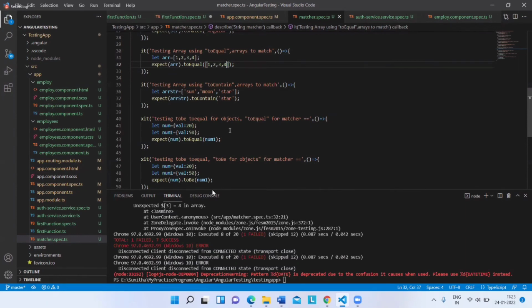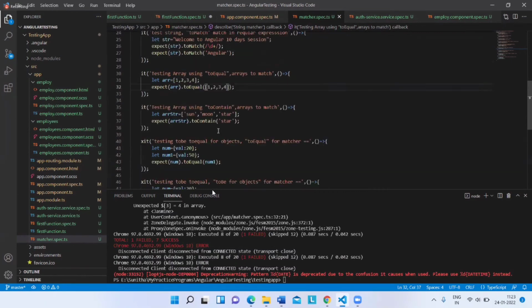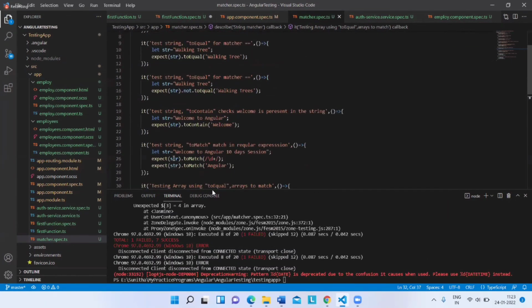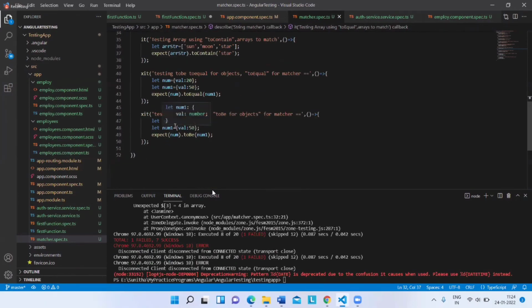So then the next part of it, now you can just check here. This is for toBe. Now what I want to do is ignore one particular test case in this. How many test cases are there? 1, 2, 3, 4, 5, 6, 7, 8, 9. Okay, for the time being, I don't want to execute it. I just want to comment it out so that the test should not be executed.